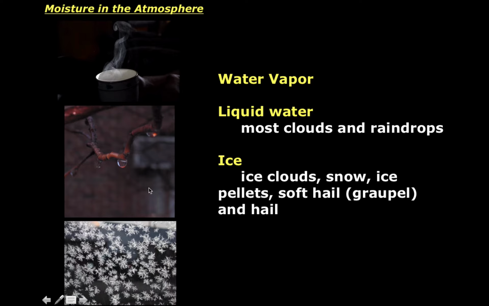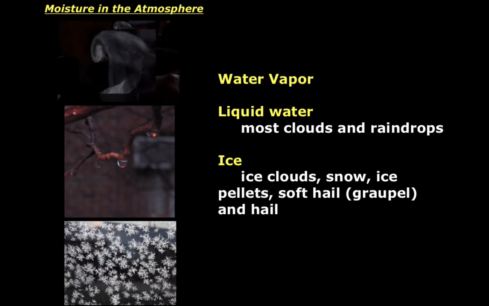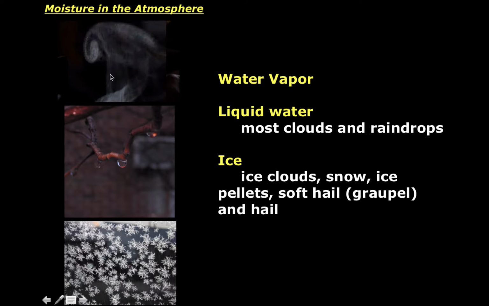Well, anyways, one neat thing about liquid water and solid water is that liquid water is the most dense phase of water. That's why ice floats when you put it in a cup full of water. But what I really want to stress in this video is this top image here. You see, I've got it labeled next to water vapor. But what you're seeing coming out of the top of this very hot cup of coffee is not water vapor. In fact, you can't see water vapor. And as I zoom in there, you can see that what we're looking at here are tiny little condensed liquid droplets of water. What I want you to take away from this is water vapor is invisible.